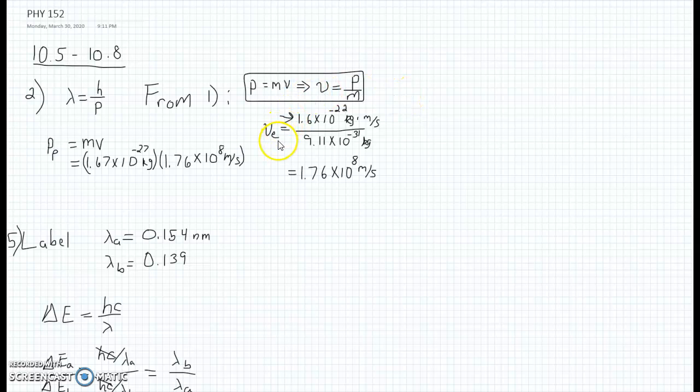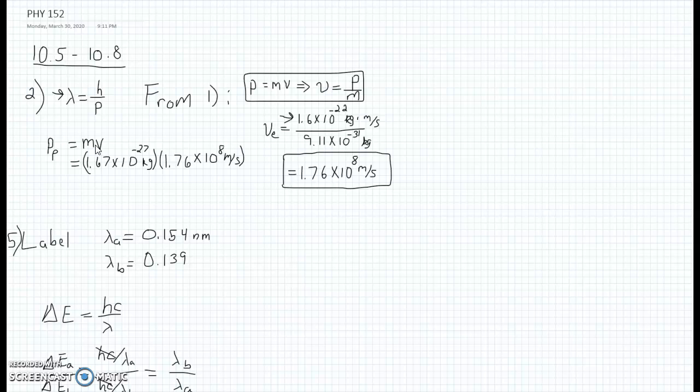So we can calculate what the speed of the electrons is by rearranging the momentum equation, taking the momentum and dividing it by the mass, and that gives us the speed. So if that is the speed of the electrons, and the question is asking, what about protons moving with the same speed? What would their de Broglie wavelength be? What we need to do then is employ the de Broglie wavelength formula, h over p, where p is the